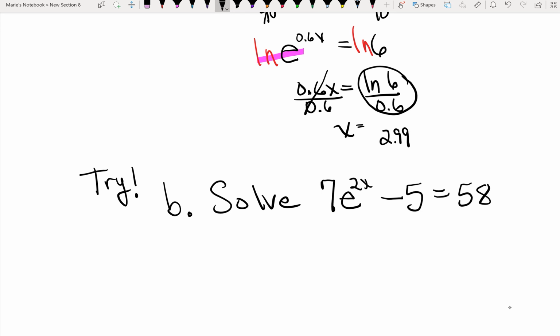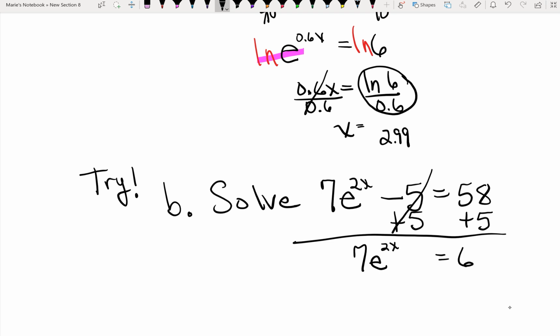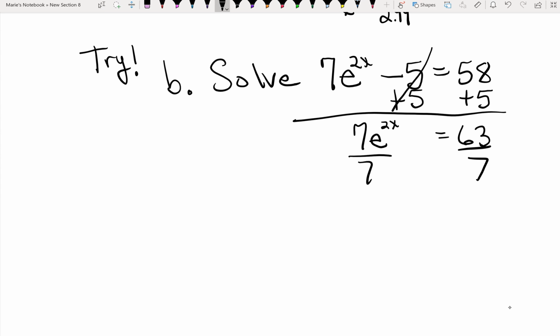The first step you should have taken, they're giving you pretty numbers, because when you add 5 to both sides, this 5 cancels and this leaves you 7e raised to the 2x is equal to 63. We're then dividing by 7 on both sides. Once we divide by 7 on both sides, we're left with e raised to the 2x